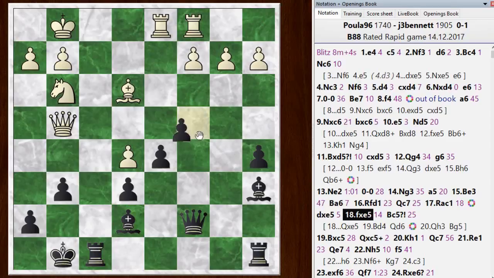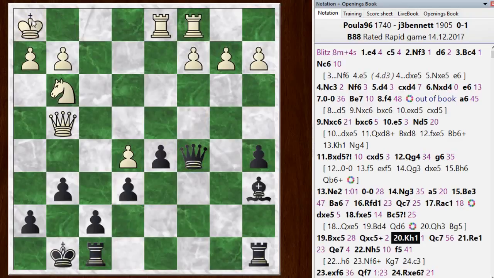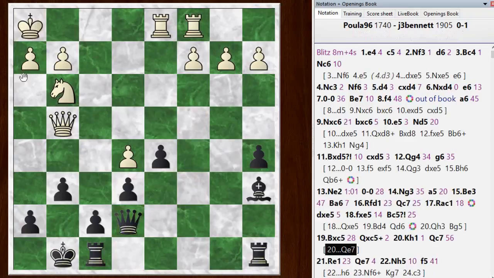I decided to just exchange off that dangerous bishop with bishop to c5. But now the game is closer to even. I mean, there's still an edge for black, but it's no longer a winning edge. I did notice that I would take that bishop back with check, so I gain a tempo here. And so I can get my queen back in time to defend against his attacks with the knight and the